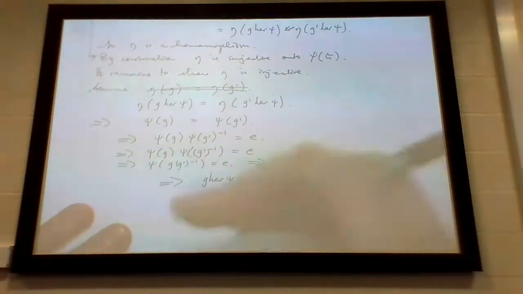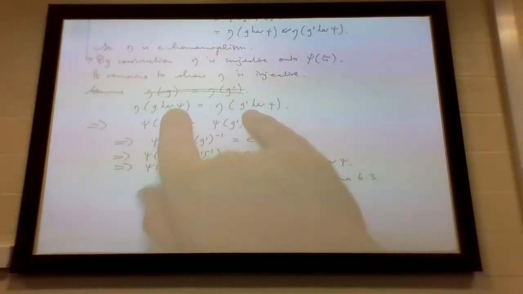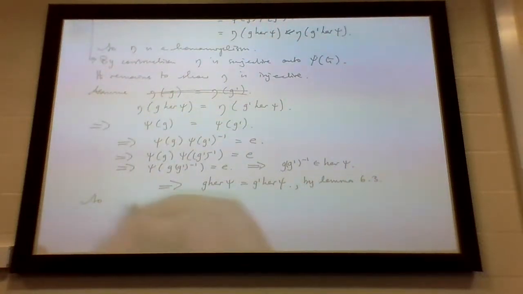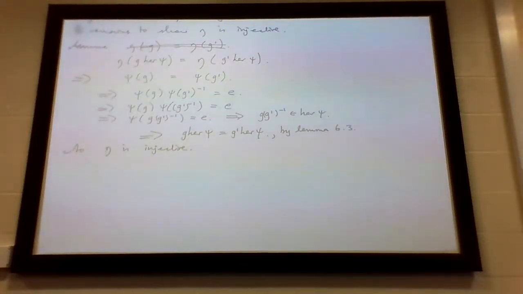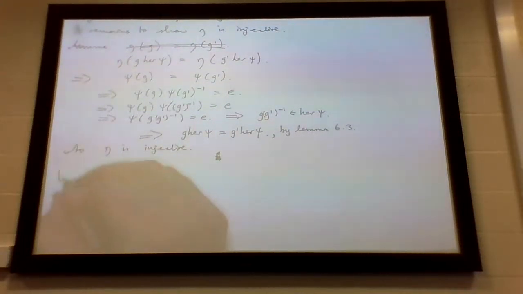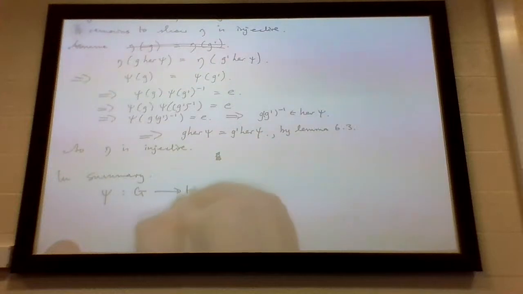So from start to finish there, that proves it's injective. Because if you observe eta taking the same value on two cosets, it's because they are the same coset. So eta is injective. So that proves the theorem. Now, in summary, if you've got any homomorphism, G to H, a homomorphism,